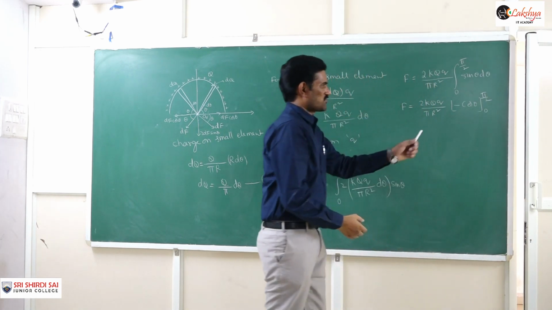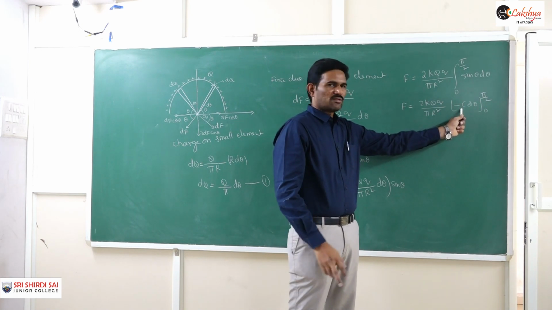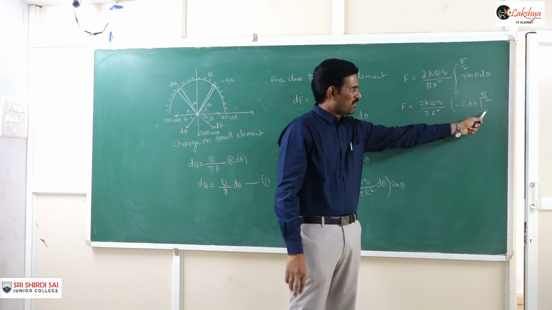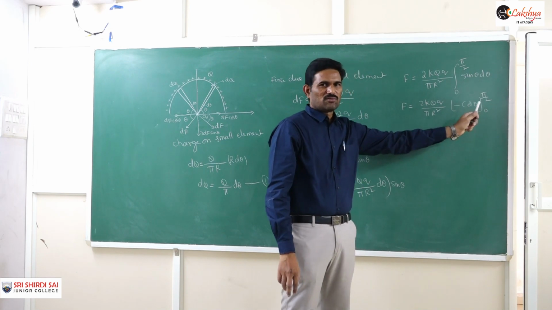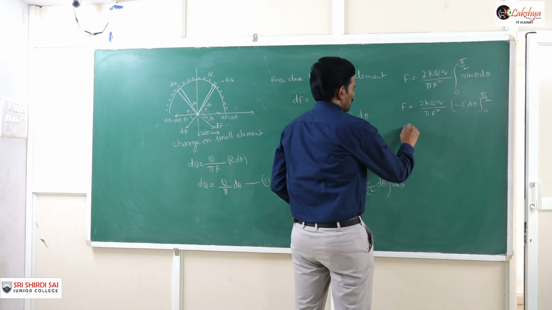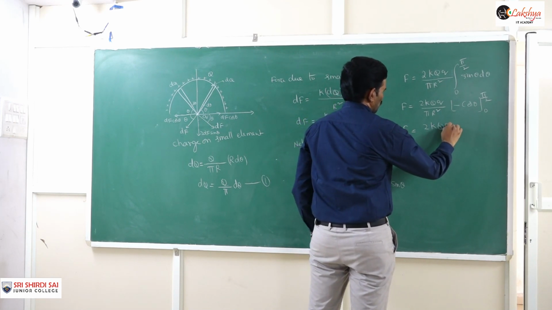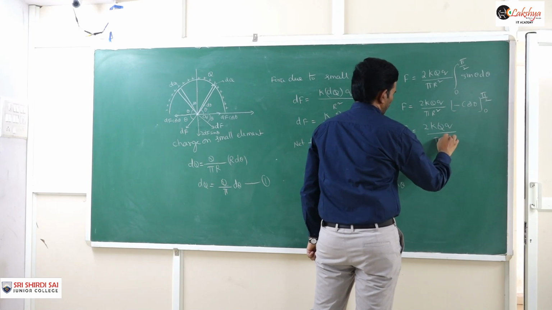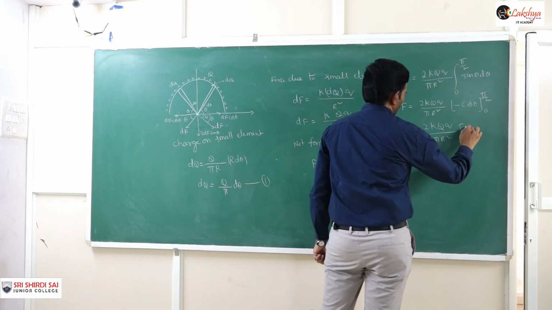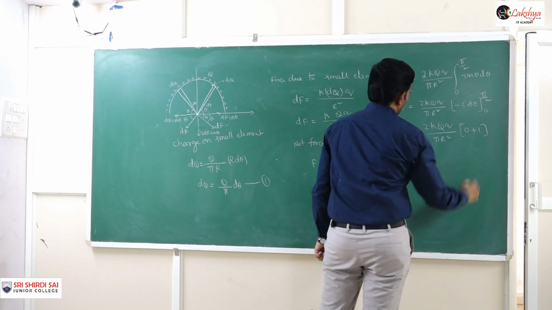And so if we substitute the limits, cos of minus pi by 2 you will get 0, cos 90. Minus of minus plus, you will get cos 0, that is 1. That means this total value will be 1. So I can write this as 2q by pi r square into this value, which will be 0. The first value is 0, plus 1 you will get.